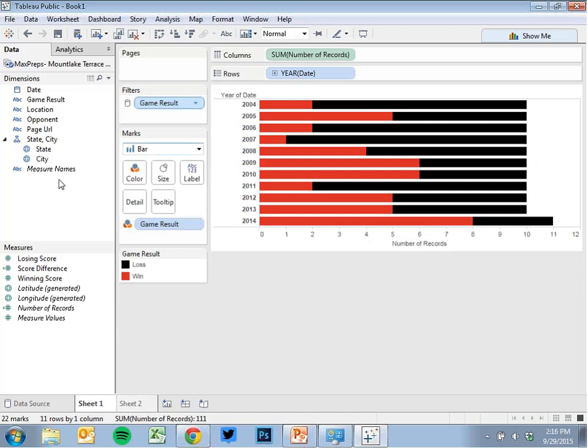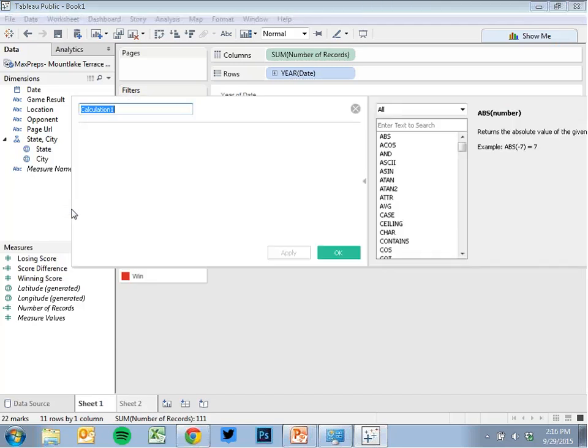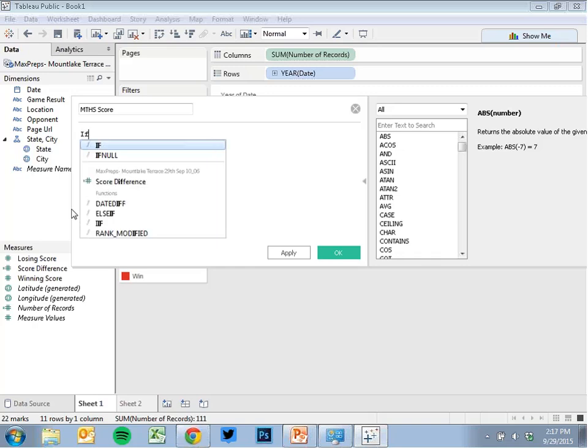Okay, so that's one example of a really simple calculation. Now I want a calculation that'll make it so that whenever I see the score, it's your guys' score versus the opponent's score. So I'm going to make one that says your score. And this is a bit of a complicated calculation, so I won't fault you if you don't remember this later, but you can ask me how to do this while I'm walking around.